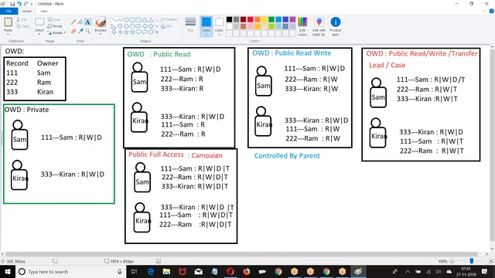So if it is controlled by parent, that master detail relationship, will that be for a particular type of object? See, the point about master detail: if two objects are connected by master detail, on the child object we don't have an owner. That is the reason on the child object I will give control by parent. Because you don't have the owner field, that is why I am giving control by parent. Other objects have an owner.